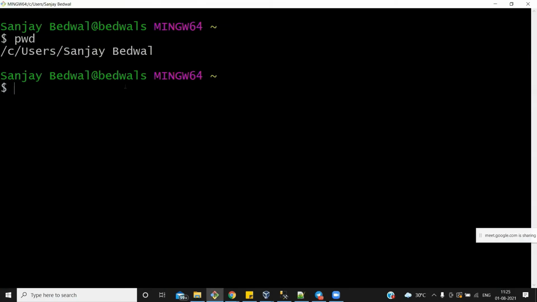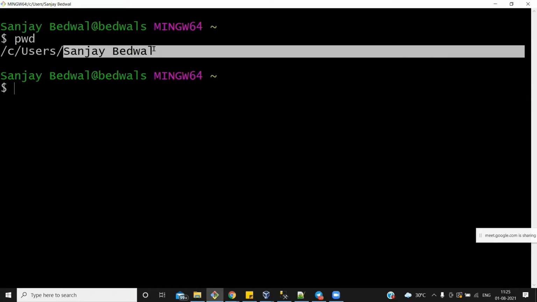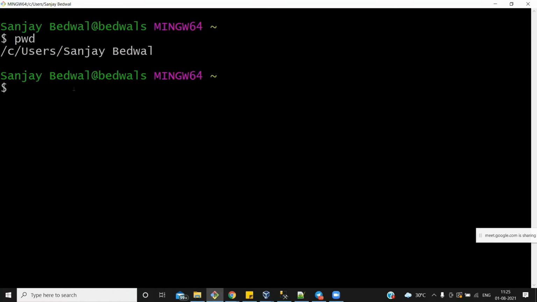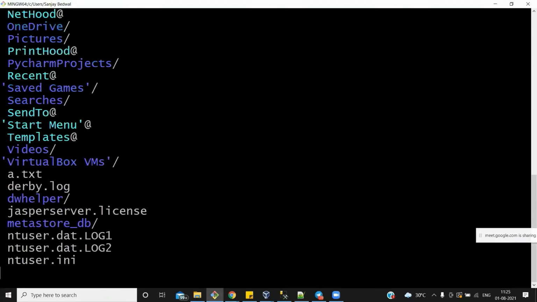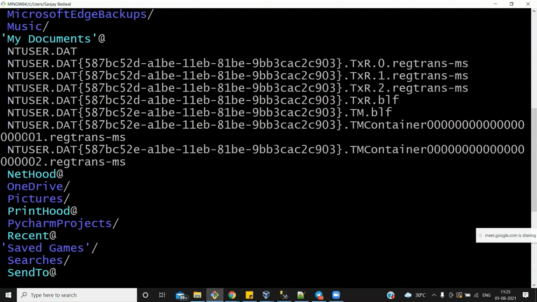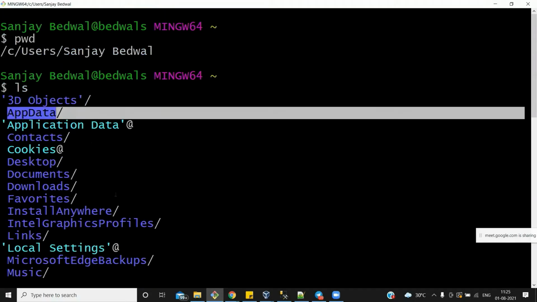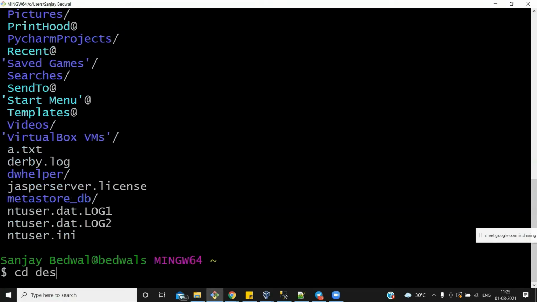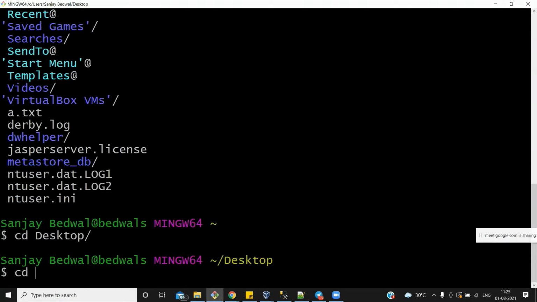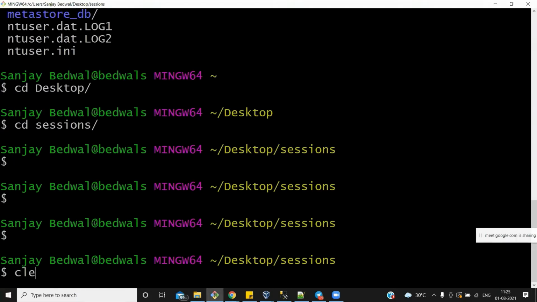Now if you want to check inside this directory what contents I have, how many folders or how many files, you just need to run the command ls. ls is a short form for list. You are trying to list the contents in terms of directories and files. Let me run the ls command, and you can see I have this many items. Either these are files or these are folders, but I don't know which. Just for better clarity, let me clear the screen. You can clear the screen using the clear command.